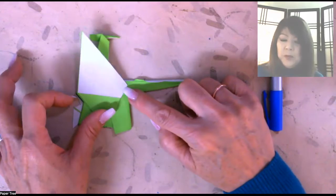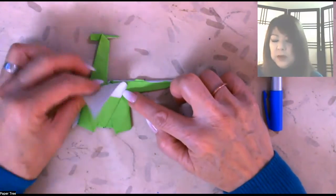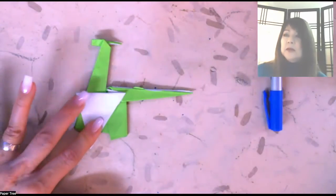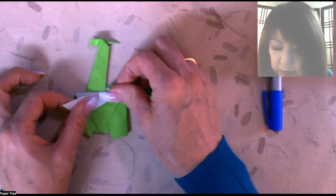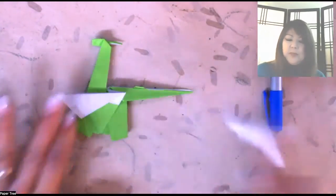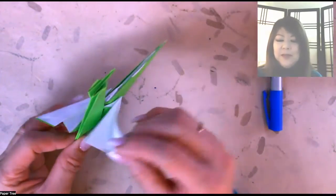Now here's your pivot point here. You're going to take this top edge, meet that new folded edge, and bring it down. Use a creasing tool after you folded that, and then again take that edge and bring it to the top and follow with our creasing tool. So now you should have